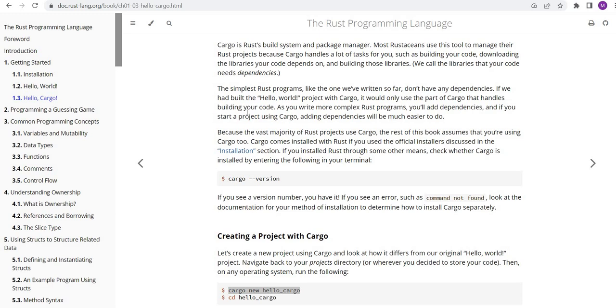Hello. So today we're going to be doing part 2 of our Rust series, and we're going to be discussing Cargo. Cargo is Rust's build system and package manager. If you guys want to follow along or go ahead on some of these things that I'm doing, you can go to the